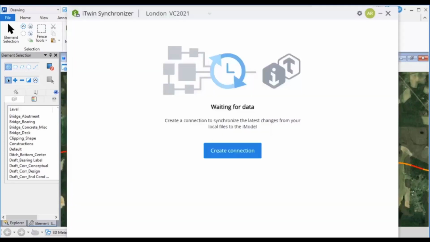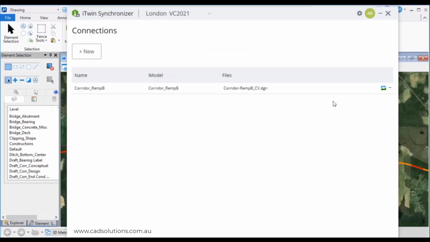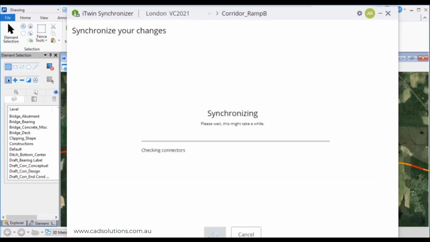The flow of information between the various phases of an asset's lifecycle, like design, construction, operation, and maintenance, will be more efficient and seamless through such collaboration. iTwin Synchronizer enables you to synchronize or push your design changes from a DGN to an iModel in the iModel Hub. These changes in the iModel are available for your team members, reviewers, and project stakeholders for viewing, analyzing, and validation. In the iModel Hub, design changes are recorded chronologically, making it easy to track what changes were synchronized, by